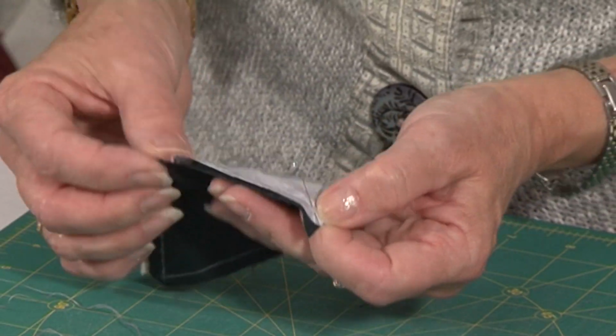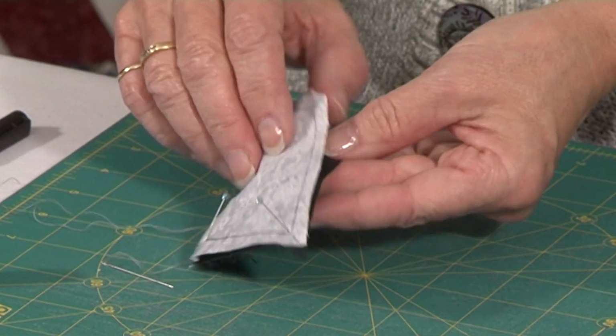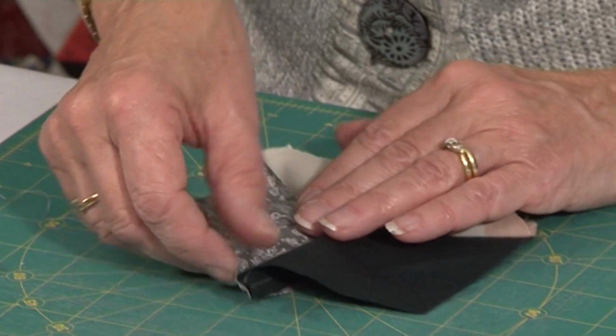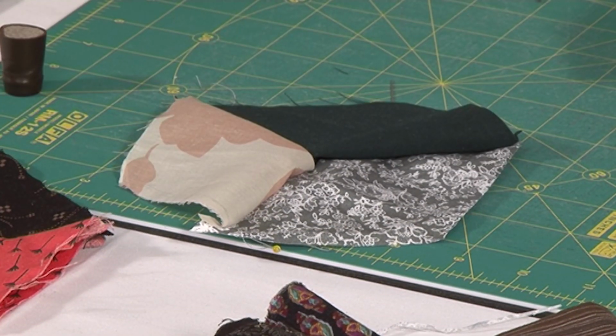And you can continue sewing along this edge, so that you would then have your lovely unit. So there we go. So that's all there is to it. You just need to make lots